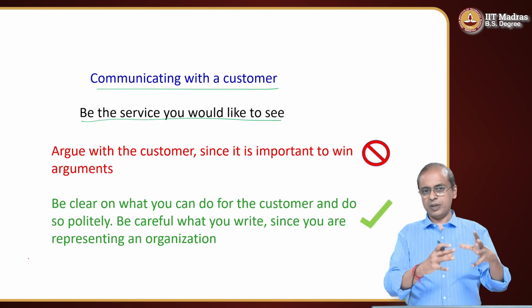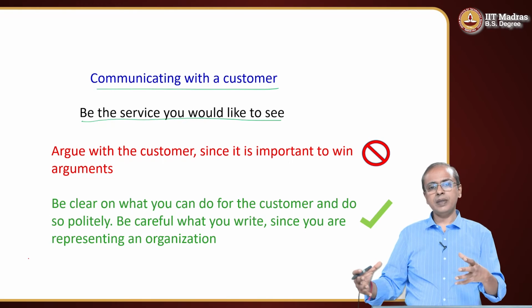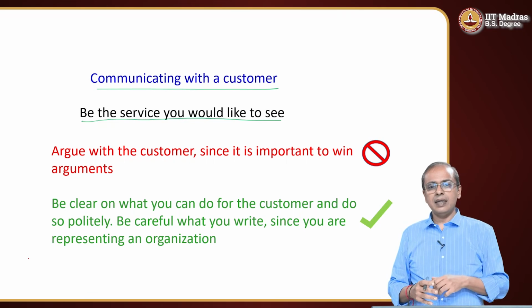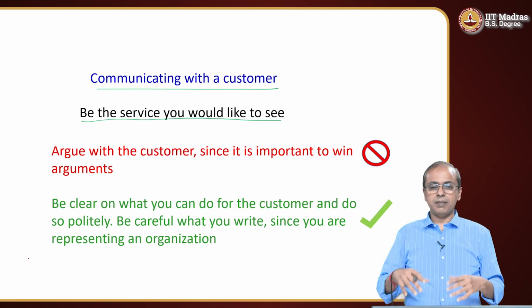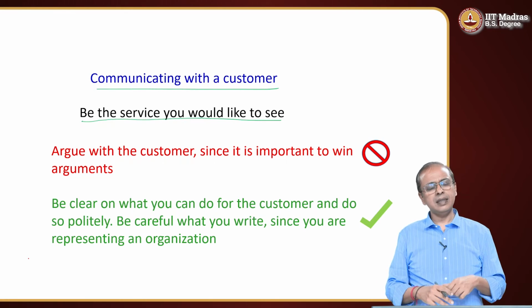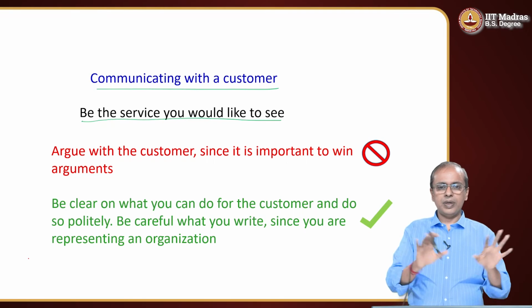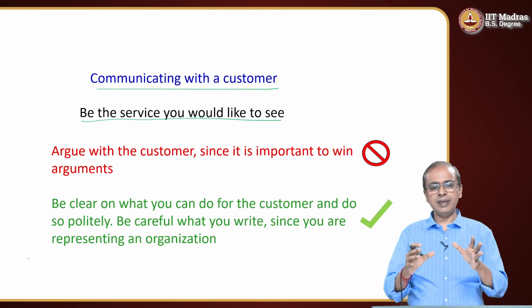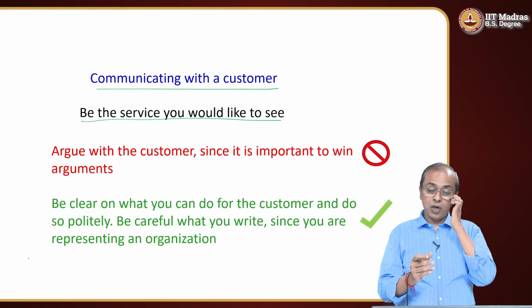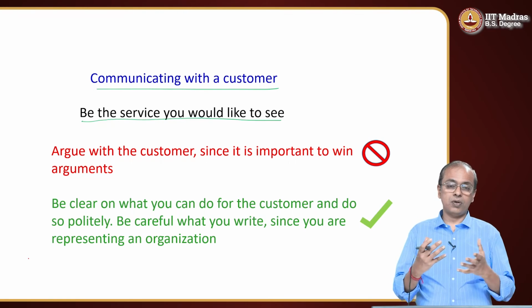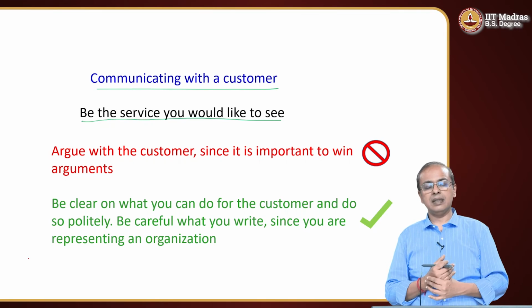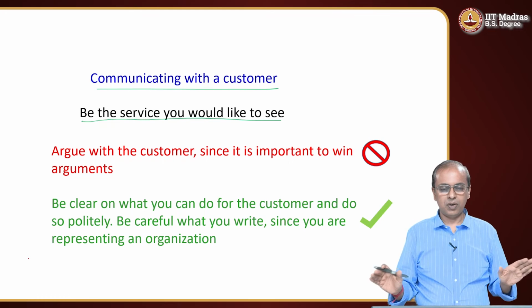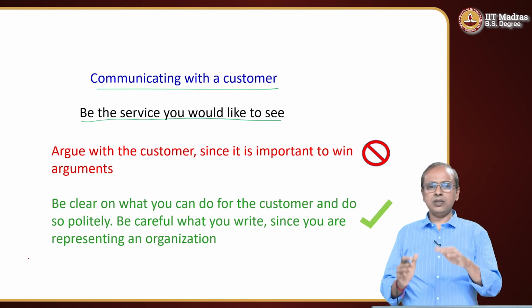They will say, yes, our product line today does the following. Actually, what you are describing to me is a slightly different product line. We are not making that right now, but if this is something urgent, I would suggest you look at the following other options, which are actually not our product, but it's up to you to evaluate, but you can check this out. So this is a call that you have to make within the scope of your organization. Your organization should have that culture. Some places will be very clear: don't talk about any other organization, only your thing. In which case you have to work within that.